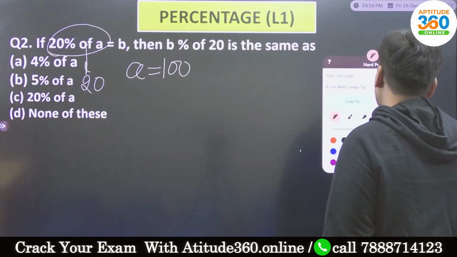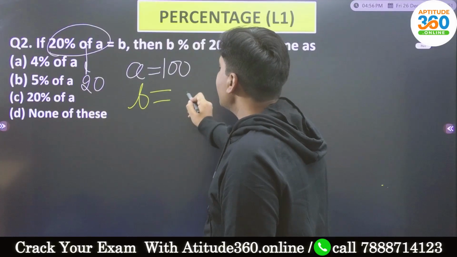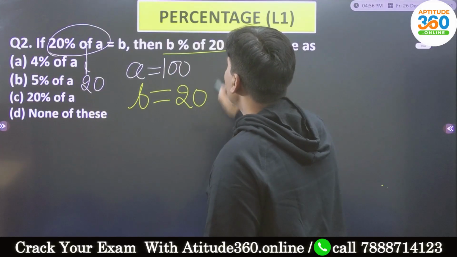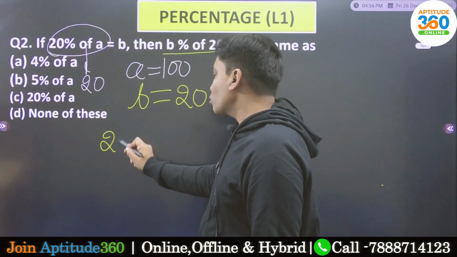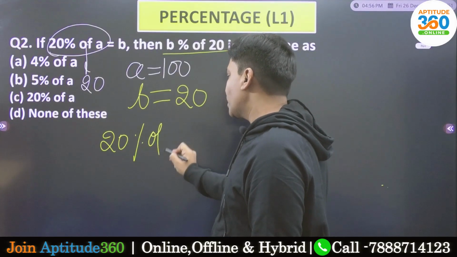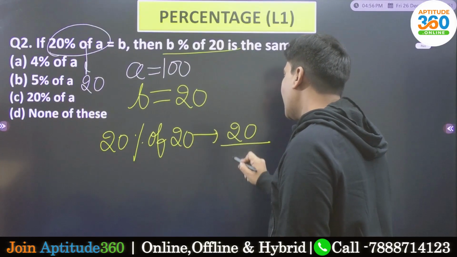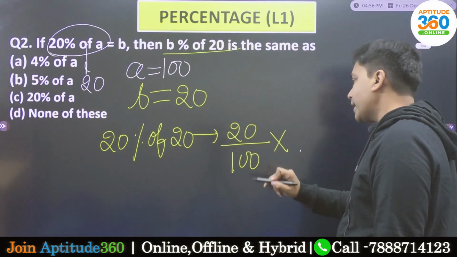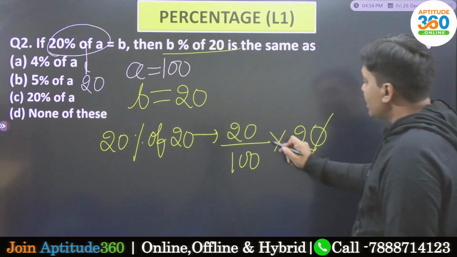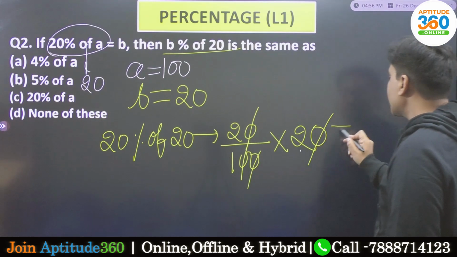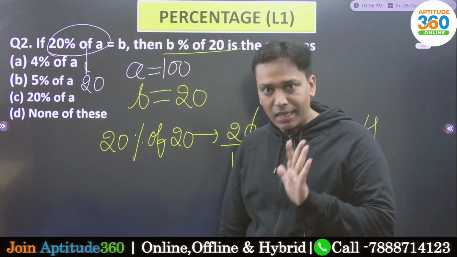b की वैल्यू तो हमने निकाल दिया, और जैसे ही हमारे को b की वैल्यू पता चल गई, it is 20. Now what is that you need to find out? You need to find out b% of 20. So you need to find out 20% of 20, right? अच्छा, 20% of 20 आप कैसे लिखोगे? 20 upon 100. Percentage is written as 1 by 100. Of is written as sign of product. So these two zeros are cancelled. What is that you're left with? You're left with 4. अब 4 कहीं ऑप्शन पे तो दिखा नहीं, isn't it?